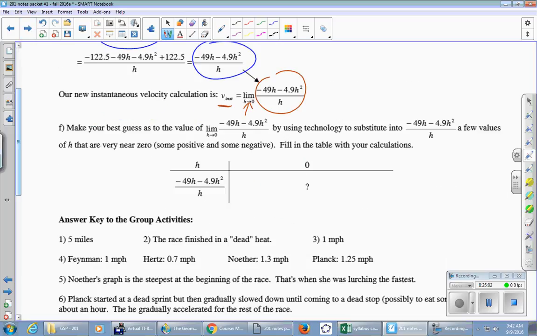But what you can do is pick numbers close to 0 for h, for example, 0.1 and 0.01, and maybe some negative numbers too, negative 0.01 and negative 0.1. And you're welcome to plug any of those 4 numbers into this red circled formula, and you will get calculations out, and you will make your best guess looking at the data, okay? Great. On the next page,